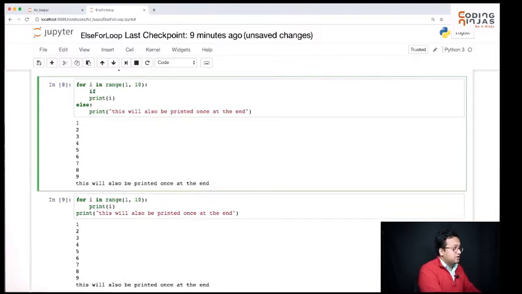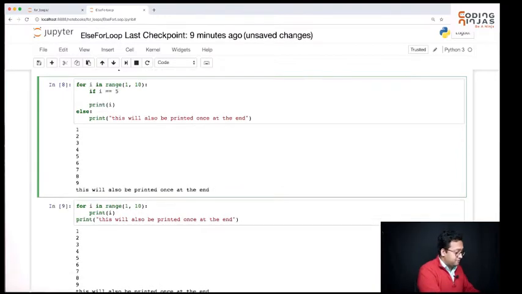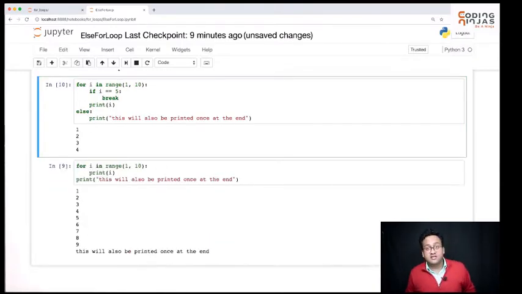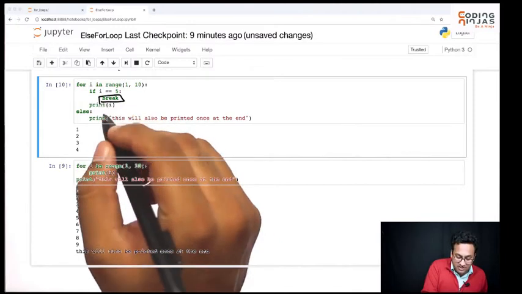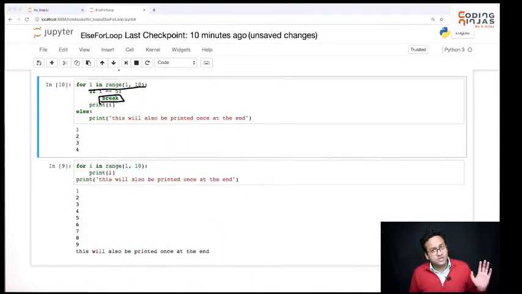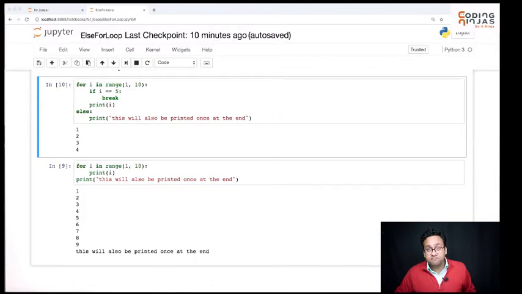For example, let's say if i equals 5 and I want to break, in this case, the else code is not run. We are not running the code inside else because this loop has been terminated because of this break statement and not because you have completed the for loop. If you complete the for loop without hitting the break statement, you will reach the else. Otherwise, you will not reach the else. Okay? So else is very interesting. Let me repeat myself. Else code will not be executed if your loop is terminated because of a break condition. Okay? So let's see how we can use it.